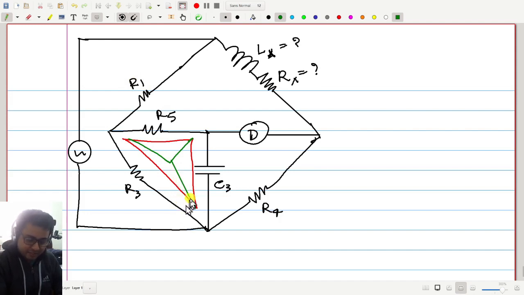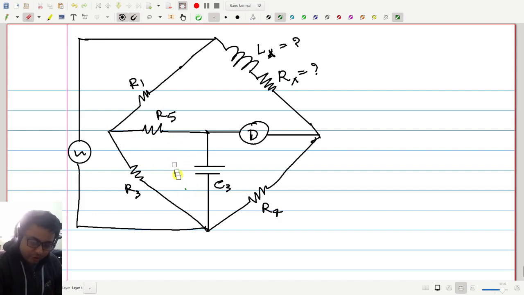This will be this arm, and this will go in series with the detector, which is of no relevance, and then it will become a normal 4-arm bridge, and then you can find the balance equation. Good, that is one way. But I think there is another possibility which will be easier. To me, it's easier.